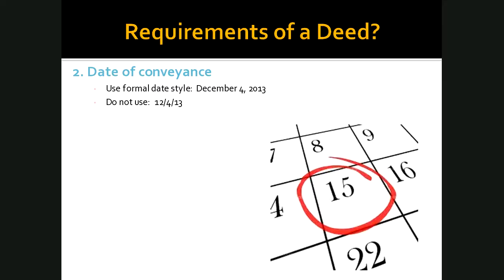So now the date of conveyance, right? So you don't have to have a date on a deed. If you have a deed that does not have a date on it, you're still going to be okay, right? It's still going to be valid. There's some other way that you could probably figure out the date if you needed to. But it's always good to have the date. That way you don't have to try to guess or figure it out, right? It's pretty self-explanatory if you have the date on there. You know when the deed was drafted, right? So not necessarily needed, but definitely highly recommended to have the date.